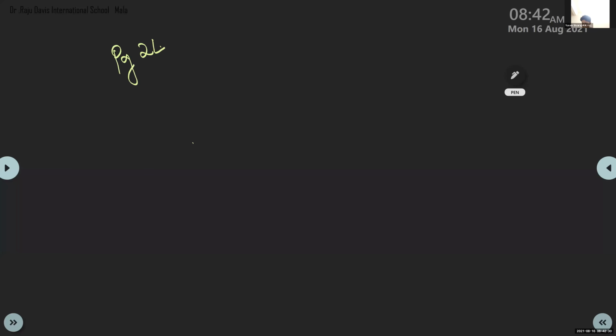Arrange the given numbers in the ascending order. Okay. So ascending order. Now, Yuvan, can you give me the answer? Question number B. So, children, we are writing the numbers in ascending order. So, question number B, what is the first number?